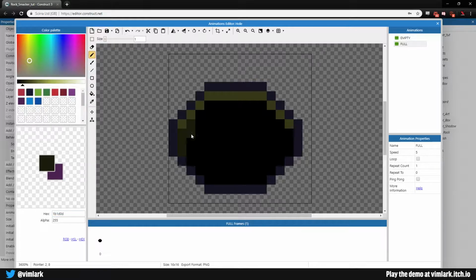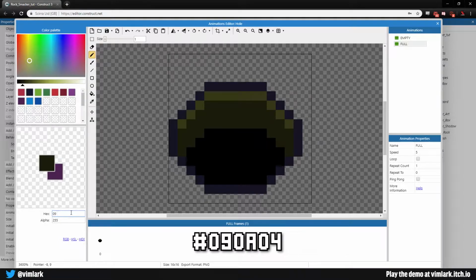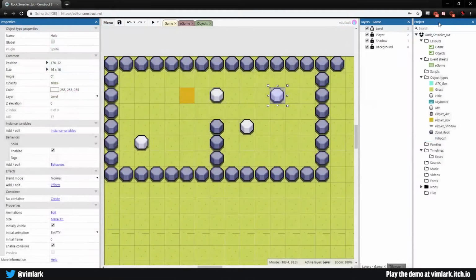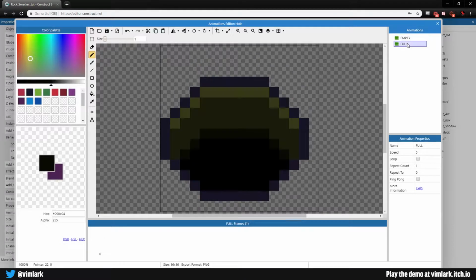down 1, 2, 3. So this will be 3 pixels down from each of these. 1, 2, 3, 1, 2, 3, 1, 2, 3. 1, 2, 3, and this last section you can just go straight across and fill in. And the last color you may not even be able to see super well on the screen depending on how the compression looks, but we will go 090A04, and that gives us a really dark green, which is not super noticeable probably, and no one will care but me. Okay, so that makes the hole look like it's actually